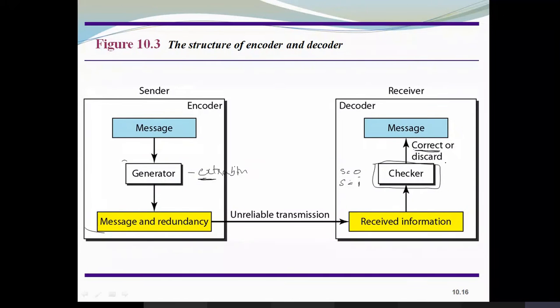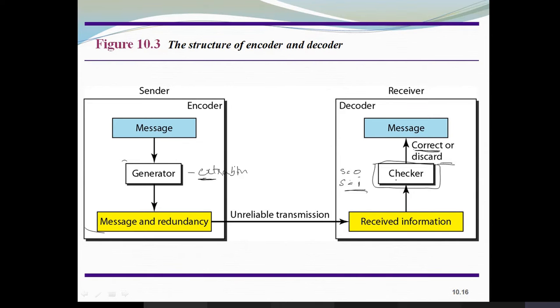Another simple method is you discard that message, don't deliver the message to the decoder in case there is an error. So discard that complete message and ask for the retransmission. Or if the method you have implemented at the checker includes an error correction method, it is going to correct the error wherever it identifies an error in the received data.